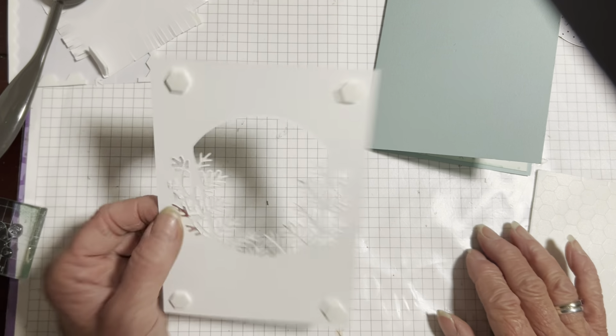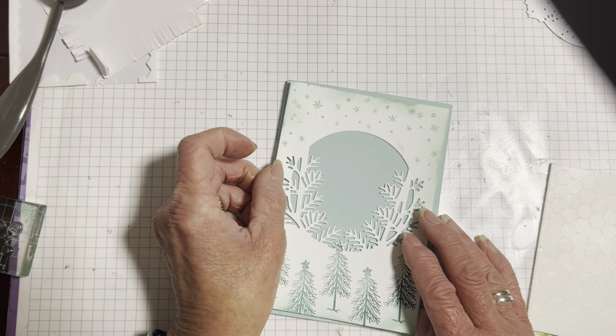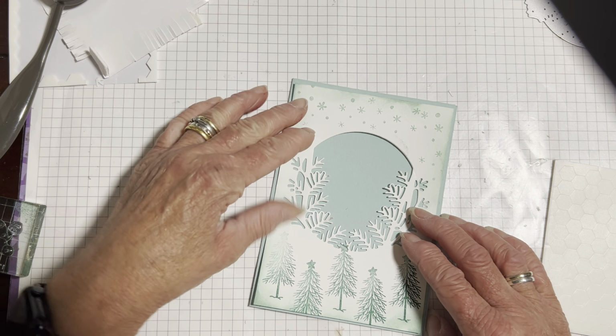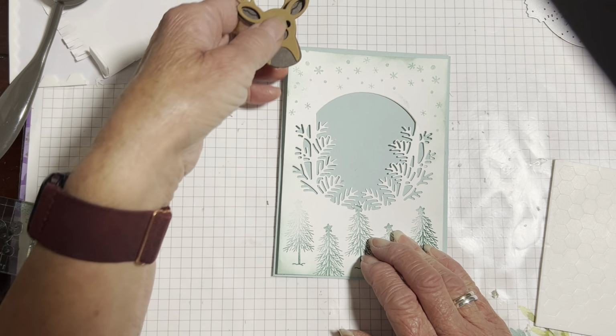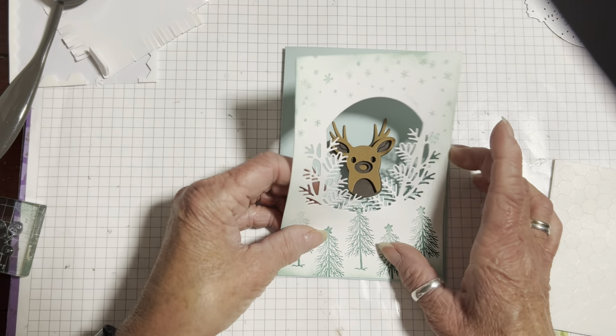Okay, right, now I haven't taken the backs off those dimensionals, you may have noticed, and I'm just offering it up to the card front because we need to stick our reindeer in, and I want him to be behind there so he looks like he's peeping out. Now, when I first saw this stamp set, I was a little bit worried because